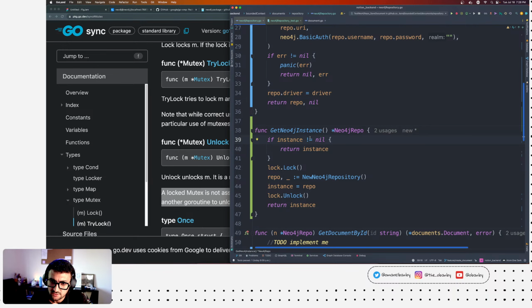And if it is empty, then I want to lock it, then I want to call the repository, then I want to assign the instance equal to this new repo, then I want to unlock, right? So there's no state in between that should be able to happen. So it's either it already exists and I return it, or it doesn't exist and I execute this as one unit of work. Meaning that I lock it, get my repository, assign it to it,